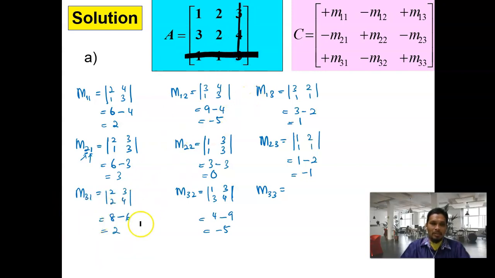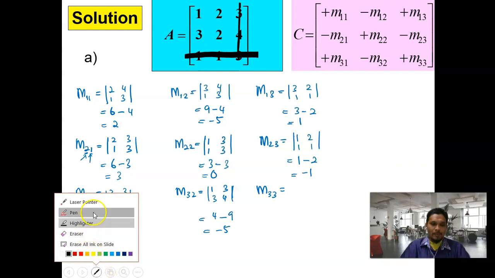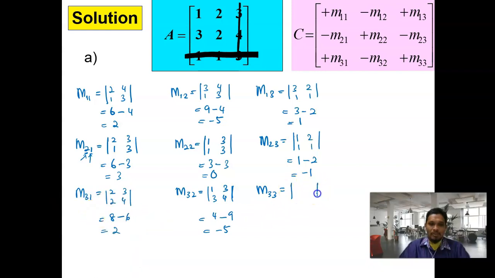Okay, and then next. Hide the element in row 3. Then M33. So we have here now 1, 2, 3, 2. 1 times 2 equal to 2 minus 2 times 3 equal to 6. So 2 minus 6 equal to negative 4. Okay, so now